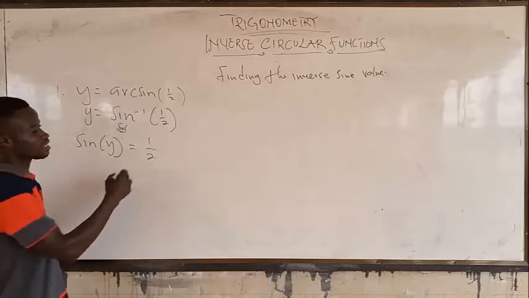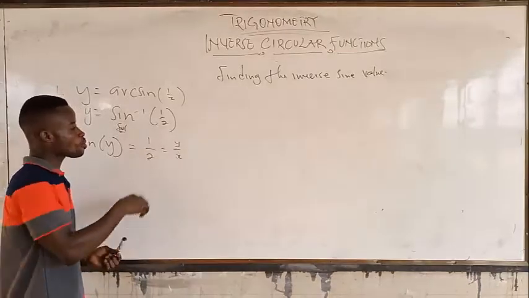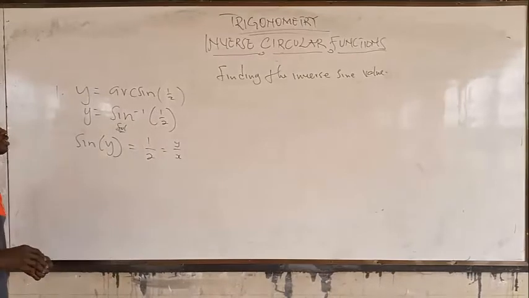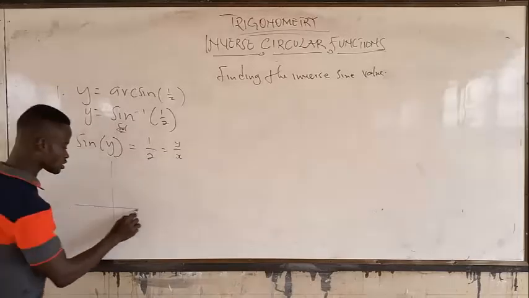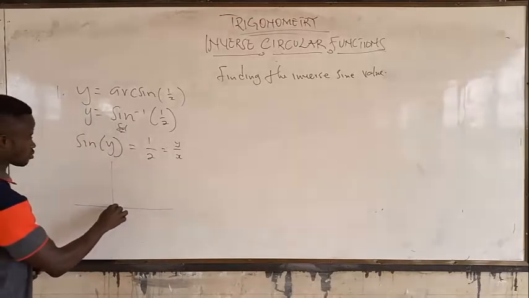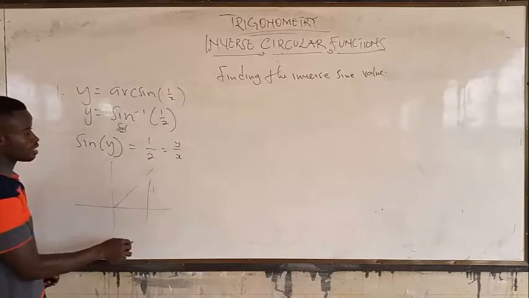Now you know that sine is the opposite over the adjacent. That is opposite over the adjacent. Very good. So when you sketch this, one is here,